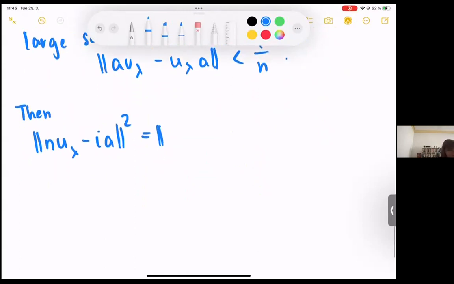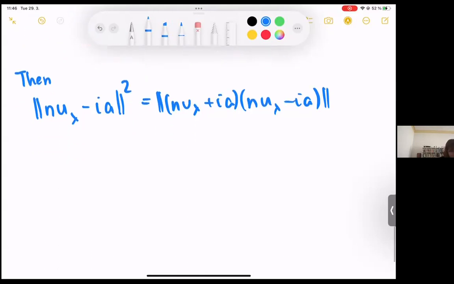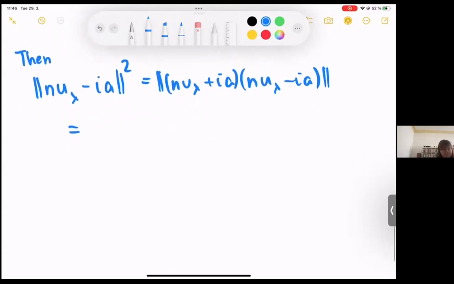So what does this give us? And u lambda plus iA. This is just the C-star equality. Because we assumed A was positive. And we know that u lambda is positive. Okay, so expanding that out, we get